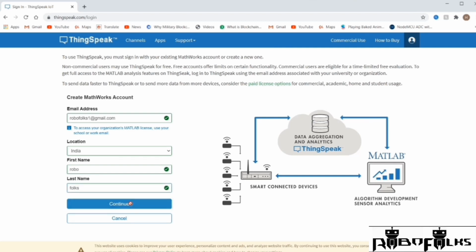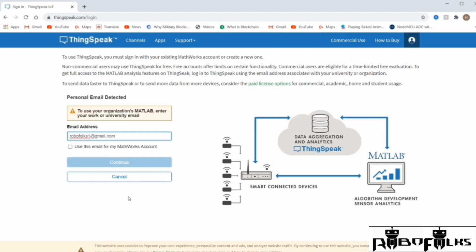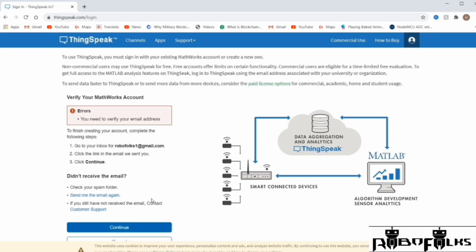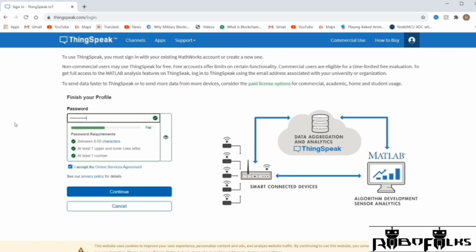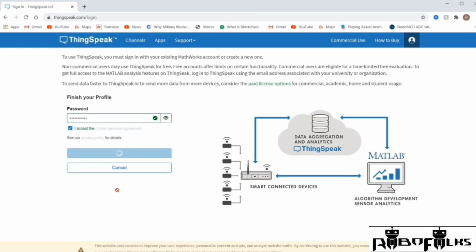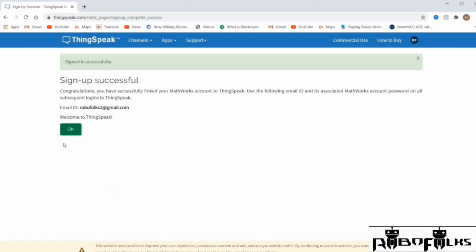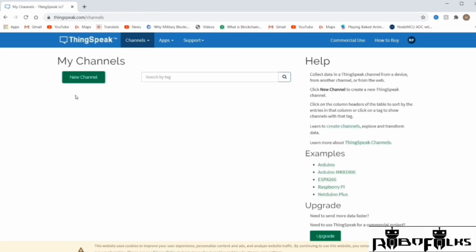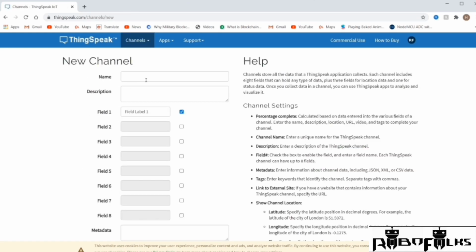An email has been sent to you. Just verify your account and come back to the website. Now you have to create a password. Create a strong password and click Continue. Now you have been successfully signed up to the ThingSpeak server. Click OK, and we will create our first channel.